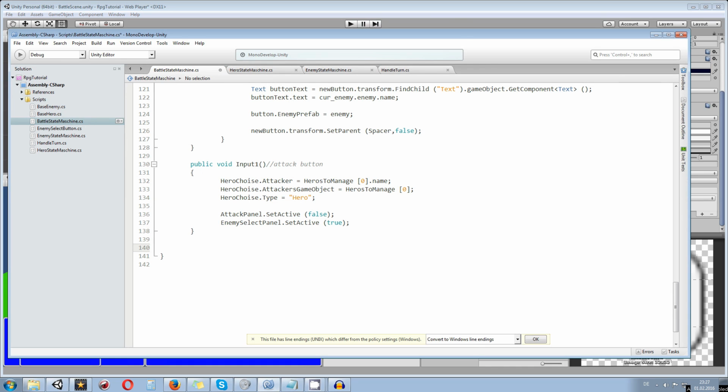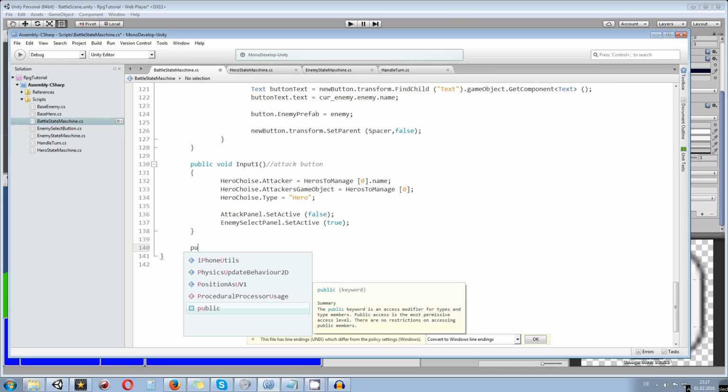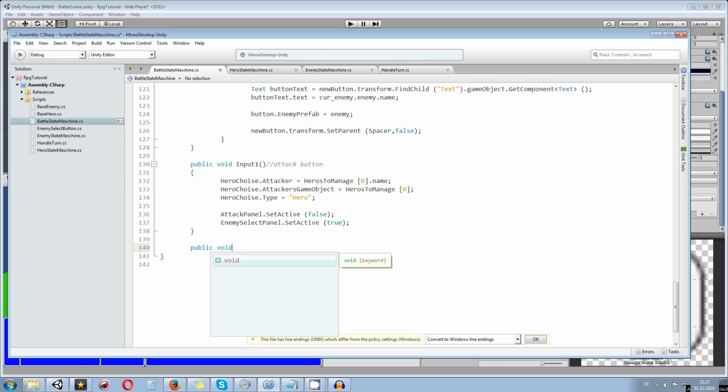To do that, we need another function, of course, and what do we need? It's going to be a public void, and let's call this one input 2 in our case. Later on we can rename all those things, it doesn't really matter. This is going to be enemy selection. So what we need now is which enemy is going to be attacked. Depending on when the input selects a second enemy, we need to store that enemy, whichever is selected,